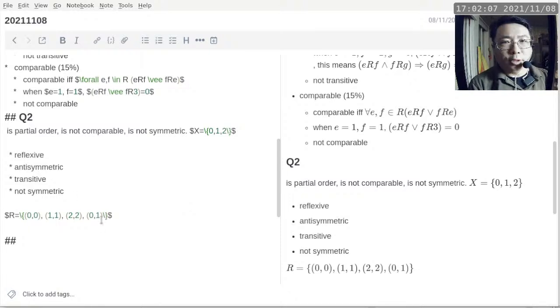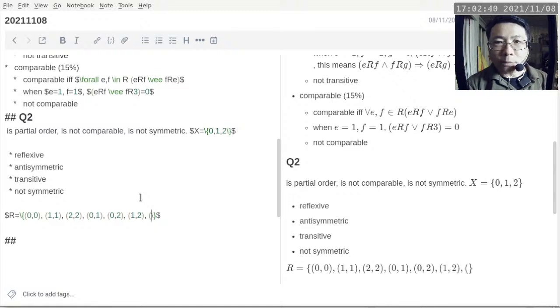Oh yeah, I mean you can. Oh here, okay. Here's a variant of the question that I asked. I can even ask you what is the largest R you can get before it becomes, and still meets all of these requirements. Because I just gave you the minimum relation where it meets all the requirements. So now you can say, oh, I can add 0, 2 into it, and there's no problem in this, right? So I can add 1, 2 in it, not a problem. And I can add,